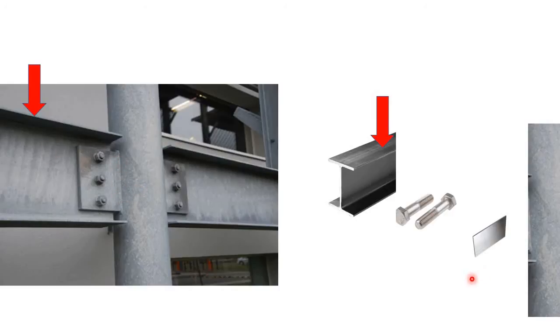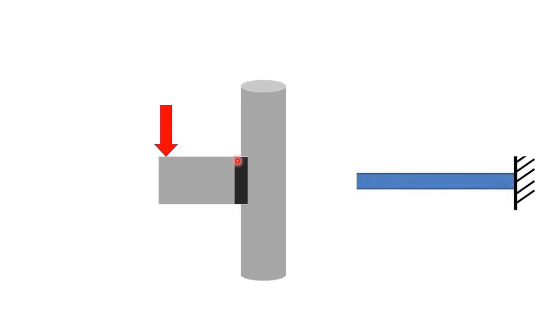Now simply separate out the last 2 components, that means the plate and the column. So we have separated out the column, the plate, and of course the weld in between them, and we have the load on the plate now. We have excluded the beam and bolt part. Now can you see any similarities in this type of structure? Here the load is being applied at the tip of the plate, and the plate is connected with the column through this weld. Yes, you're right, this is nothing but a cantilever beam, which has a load at the tip.